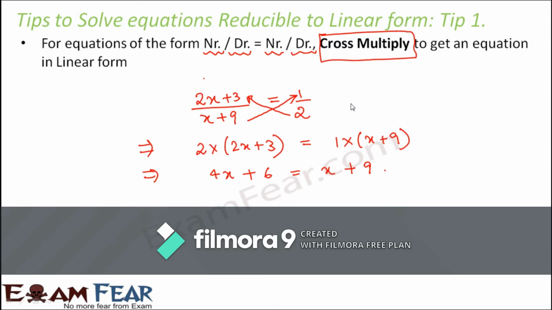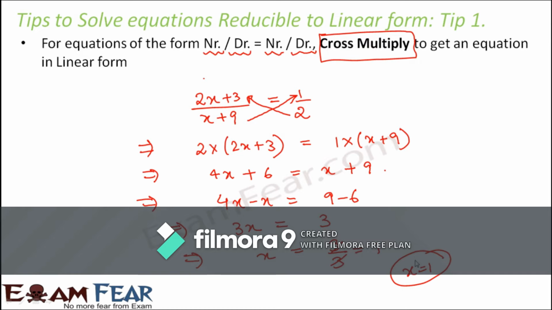Now why are we doing this cross multiplication? To keep things simple, because every time you have to multiply something on both sides, first you will think what you have to multiply, then you will multiply that, so it will take more time. In this case, all you need to do is cross multiply with the denominator on the other side. So this is what you get. Now you put all the variables on one side and all the constants on the other side. So you get 3x is equal to 3, or x is equal to 3 divided by 3, that is equal to 1. So x is equal to 1 is a solution for this equation.